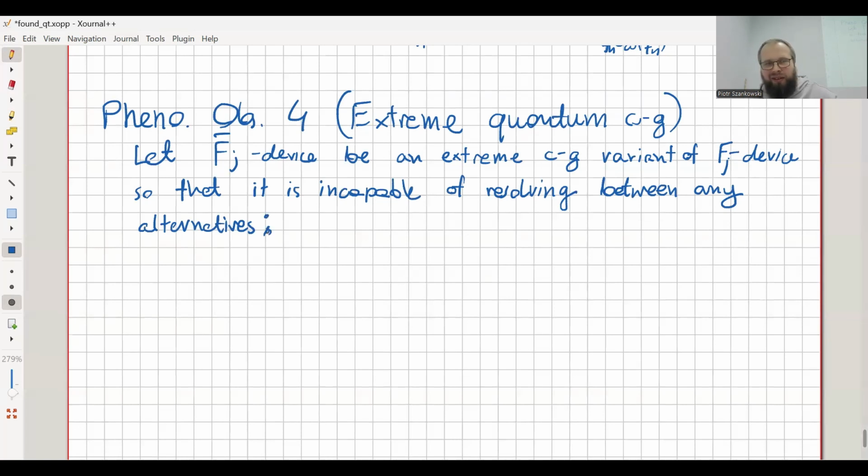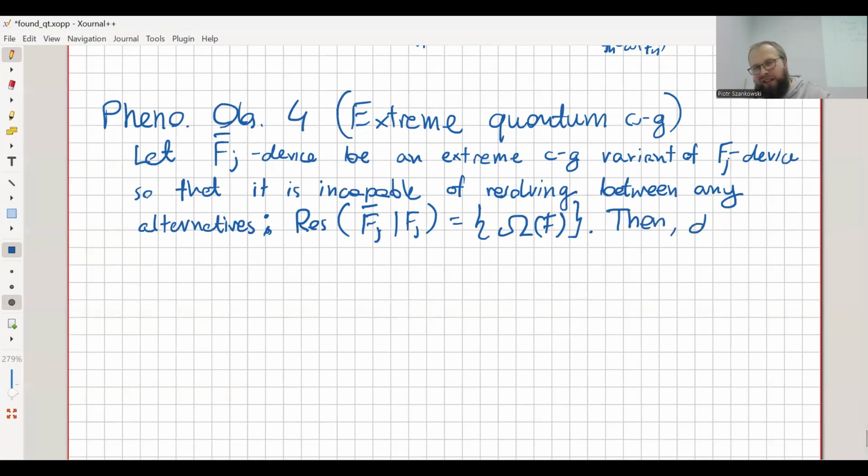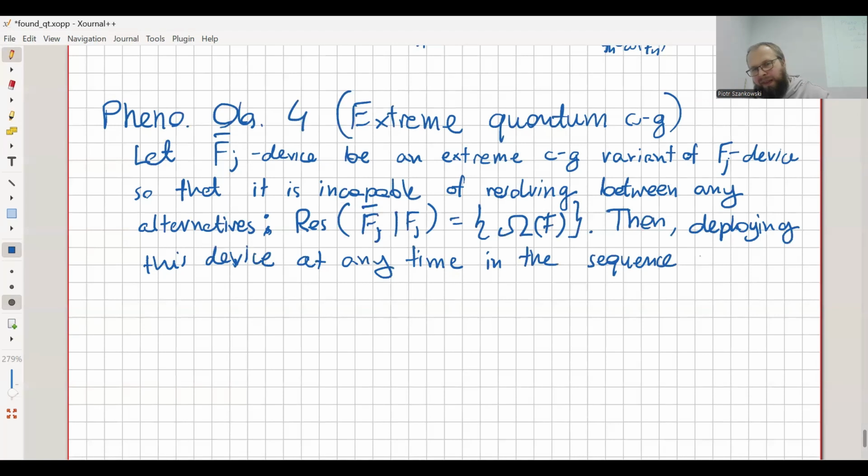Or in other words, the resolution that we would ascribe to this device would be just a single element omega f. So you have only one small omega, and the small omega is actually the whole set of all the possible results of the fine-grained measurement. That's extreme coarse graining, where nothing is resolved. It's a very dumb device. But then we can deploy it. Then deploying this device at any time in the sequence yields